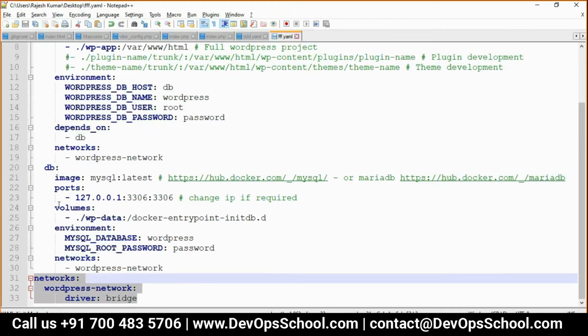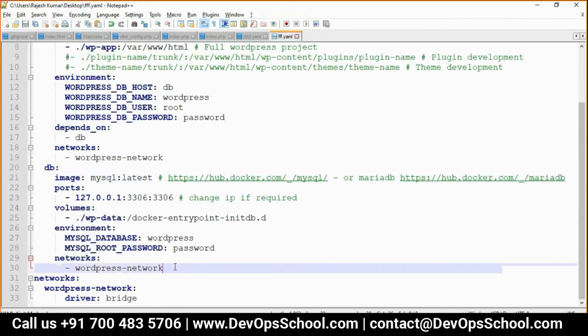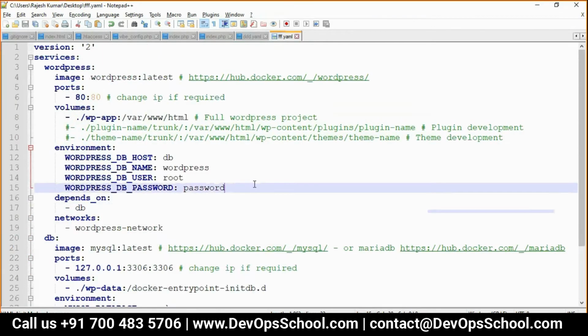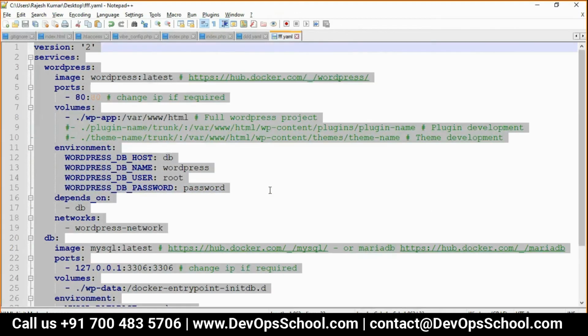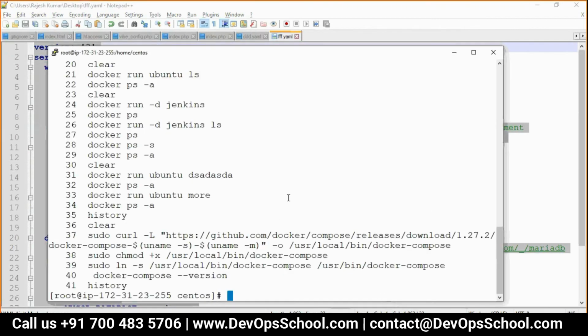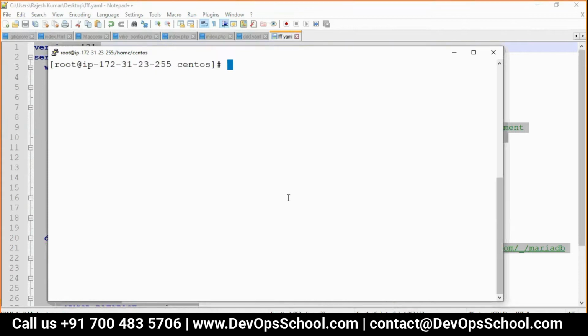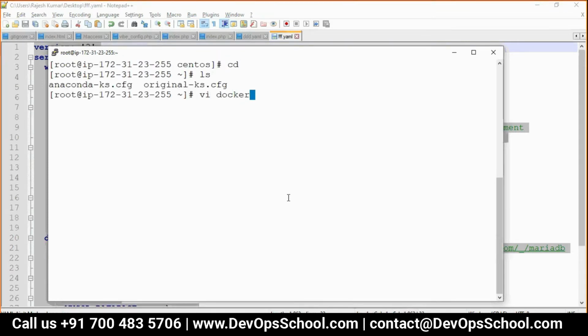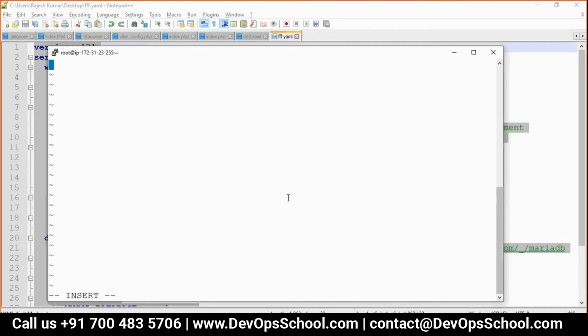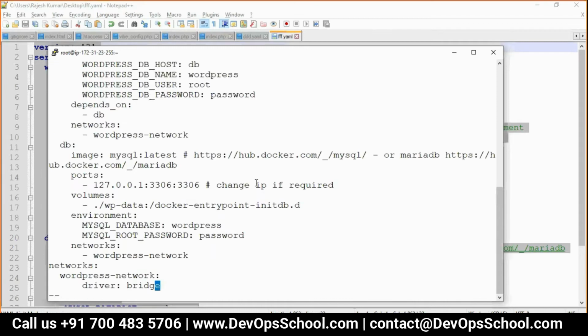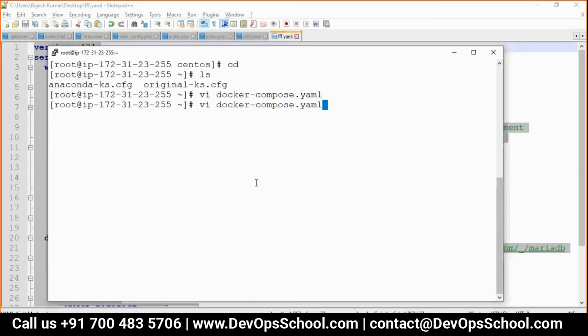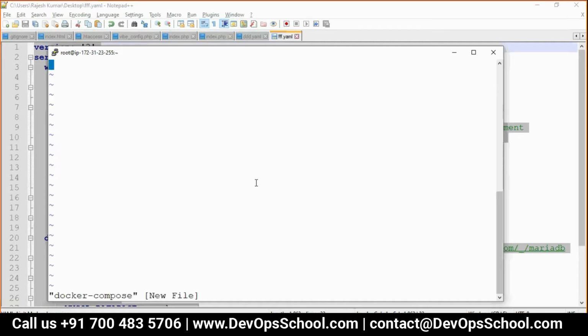Here it is. Now this is a service, again same thing. So this is the YAML file you created. Now this YAML file, I am going to keep it somewhere here. So vi docker-compose.yaml file, and done. Save. Now you see here docker compose health. If you do this one, sorry, what happened?